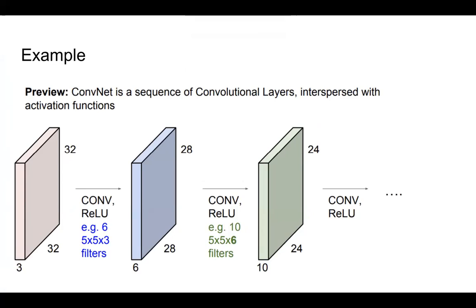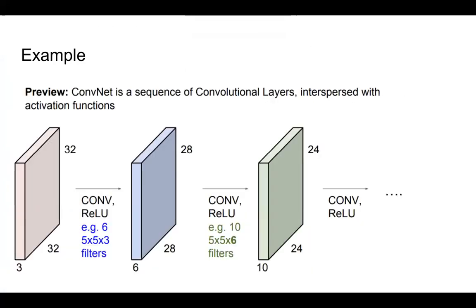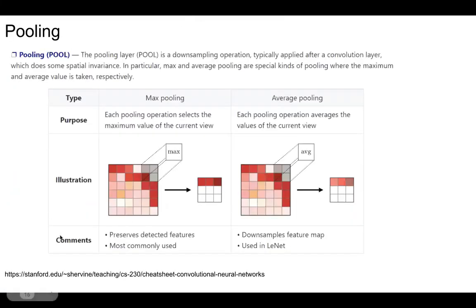So now it's conv-ReLU-pool, conv-ReLU-pool, conv-ReLU-pool. So the convolution layer is a step by step application of this conv-ReLU-pool until you get a small image. It does the same spatial invariance as the convolution operation. In particular, it picks out the max or the average